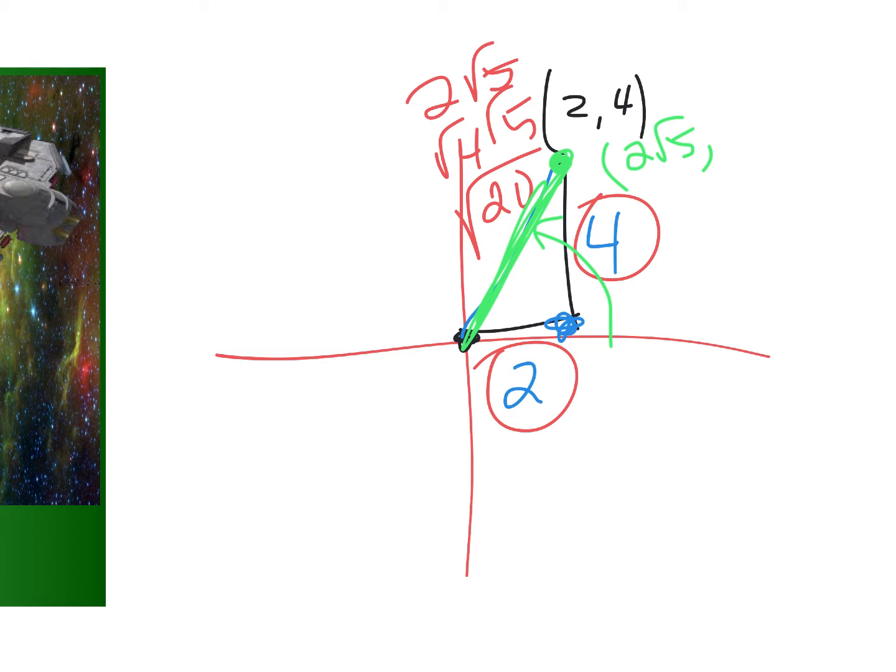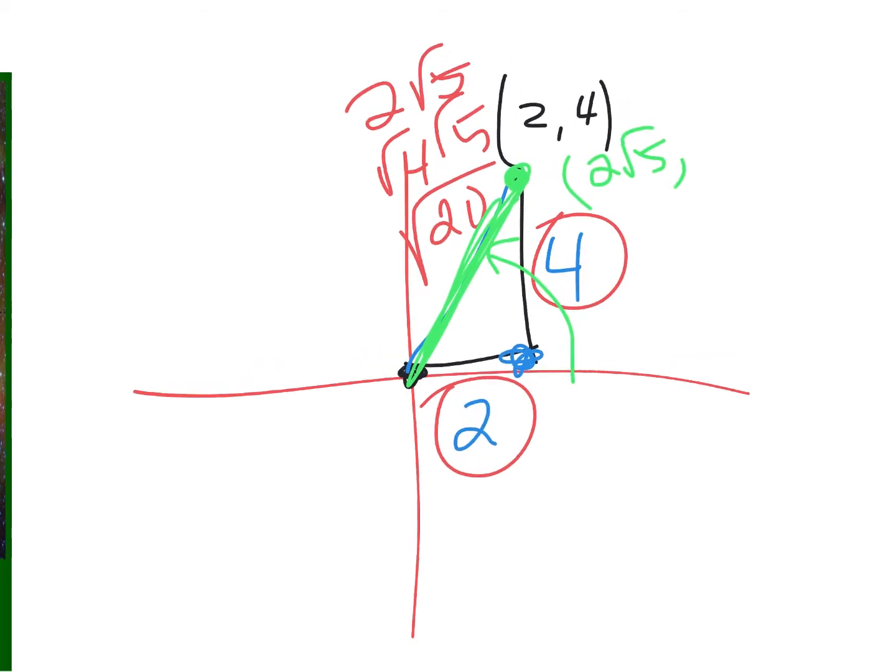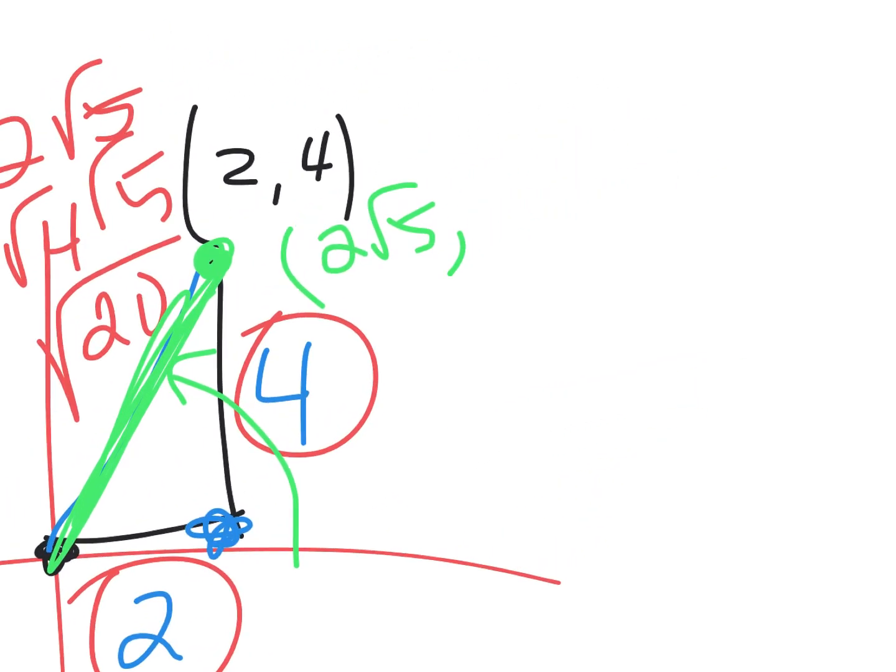Okay. So it's some strange angle, but you definitely have not memorized the 2, 4, 2 root 5 triangle, right? You do know the 1, 2, square root of 3 triangle, and you know the 1, 1, square root of 2 triangle, but you don't know the 2, 4, 2 root 5 triangle. So we don't know the angle. Can we just say, no, I don't know the angle? Well, you can, but on the test, you'd have to say the angle here, this angle right here,